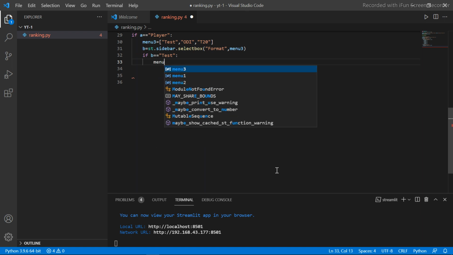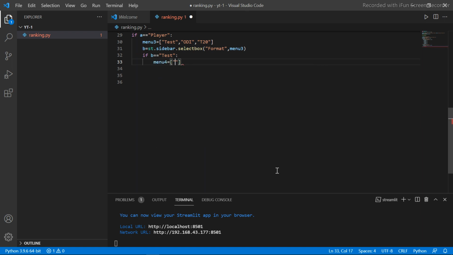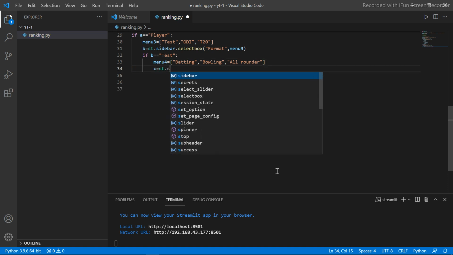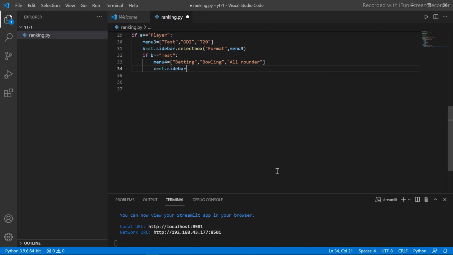Okay, so menu 4 contains batting, bowling and all-rounder. Cool. So I will put it on the main content, not on the sidebar.